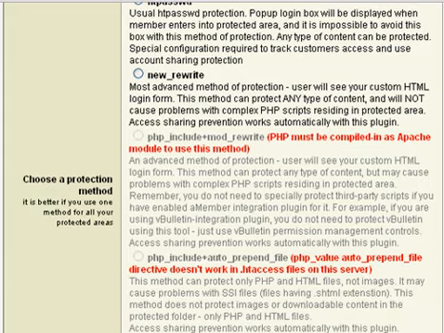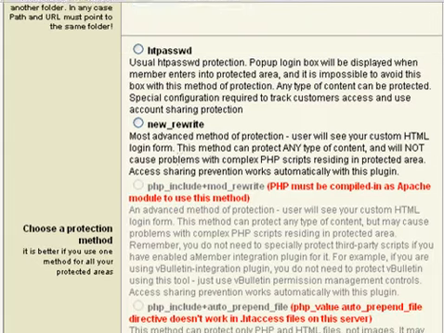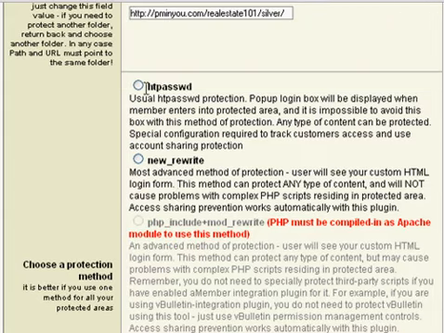They may not protect everything that you want protected. For example, some of them may not protect the images or videos or HTML. They may only protect the PHP folders or content. So the big difference, and what we're going to be concentrating on in these videos, are the HT password and